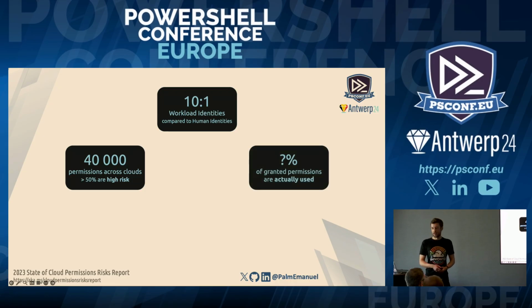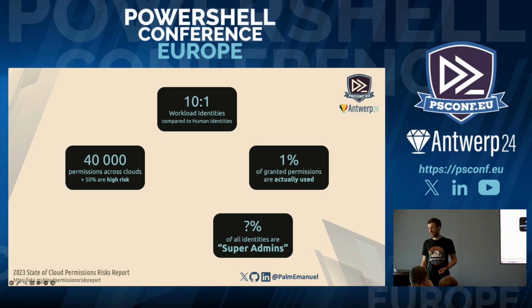This one is fun. Out of all the granted permissions to every identity, how large of a percentage do you think are actually used? 5%, 10%, 1%. We are giving our identities a factor of 100 times the permission that they need on average,